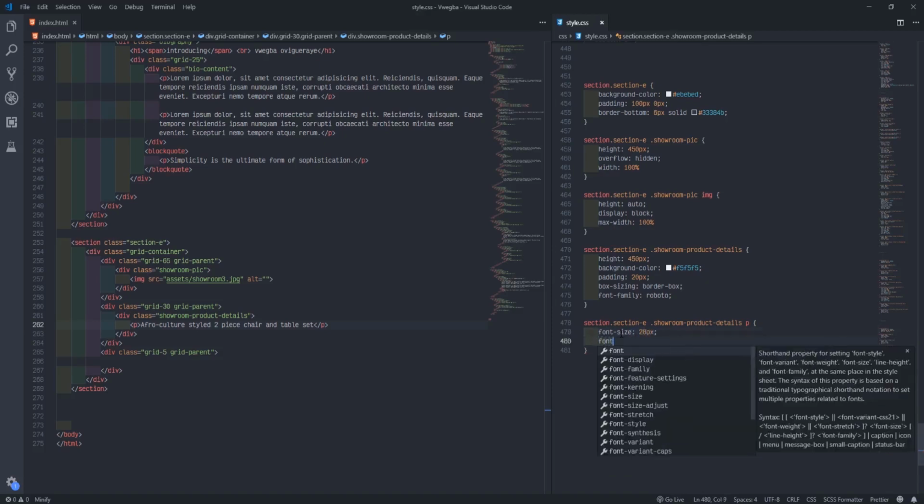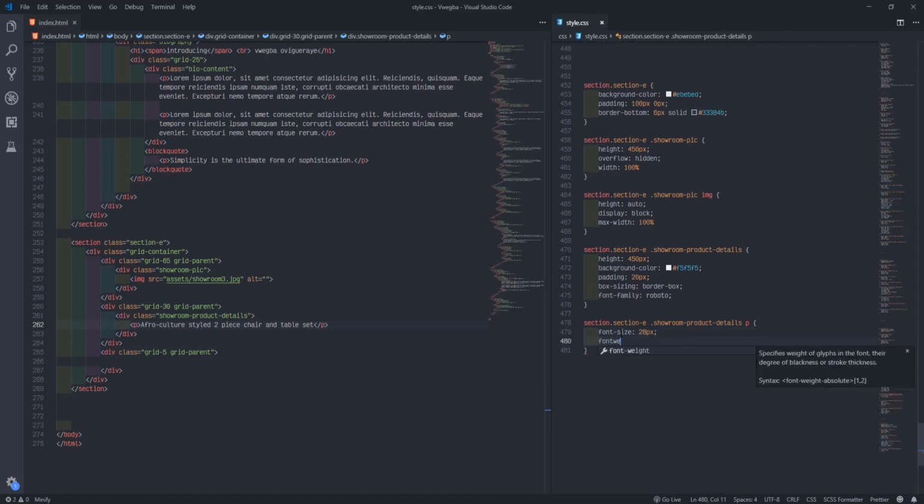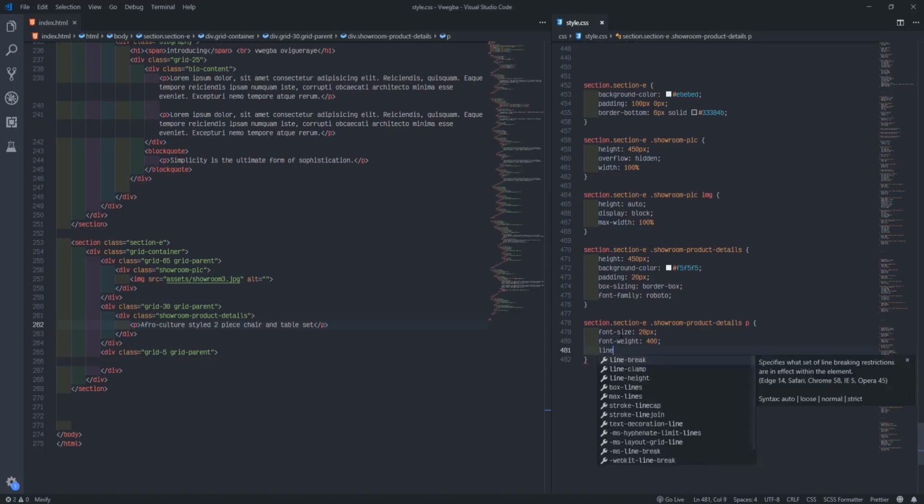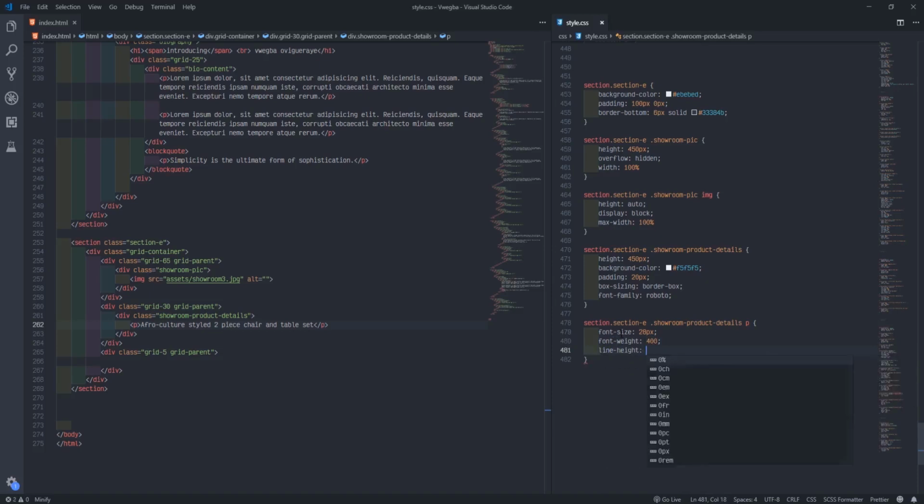Then font weight will be like 400. Definitely we'll give line height. Line height 40 pixel. And what else?